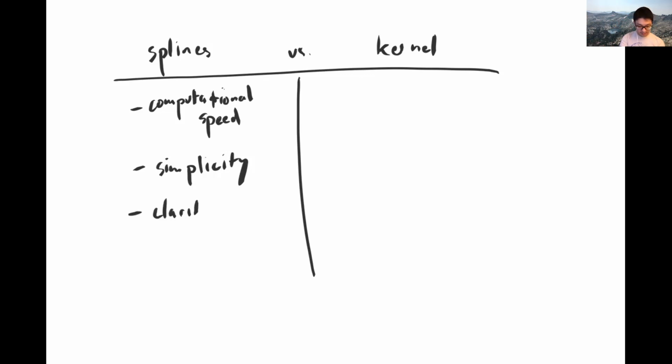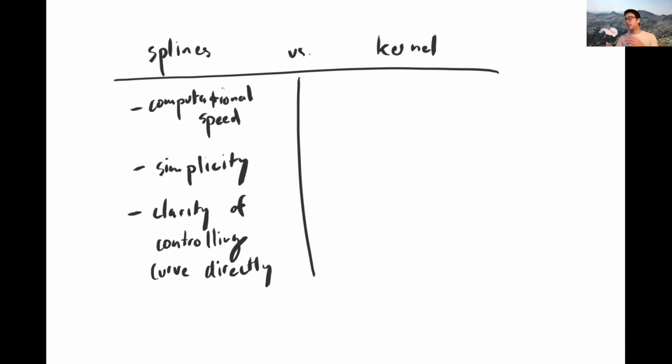And then there's clarity of controlling the curve directly, right? You are still able to maintain some kind of relationship with your x's and explanatory variables going into this regression, whereas the kernel kind of does everything together automatically. So kernels are easier to program,